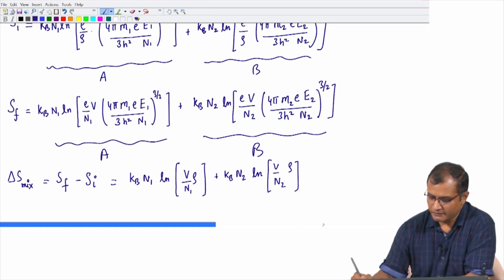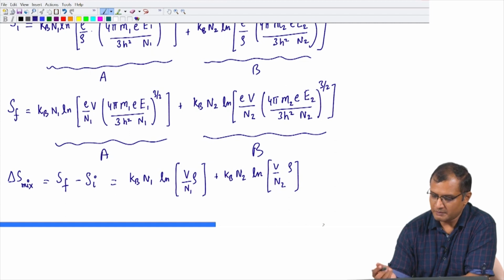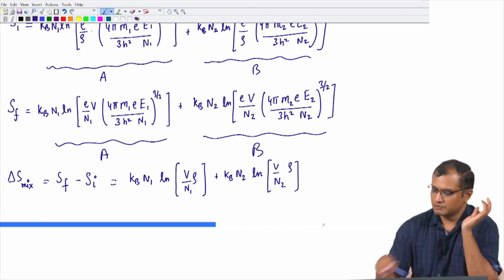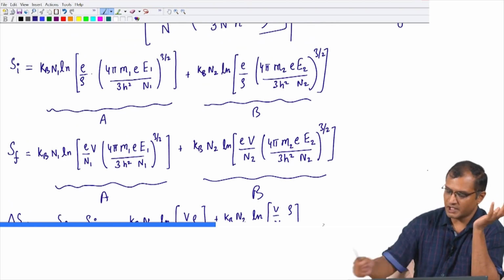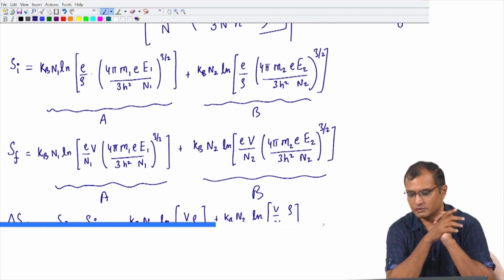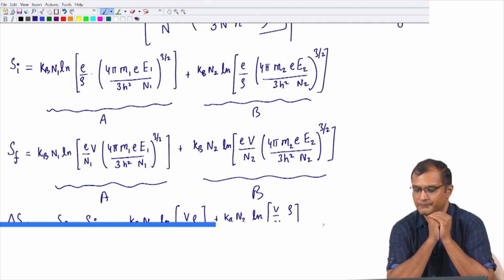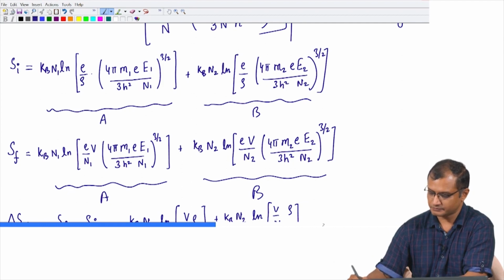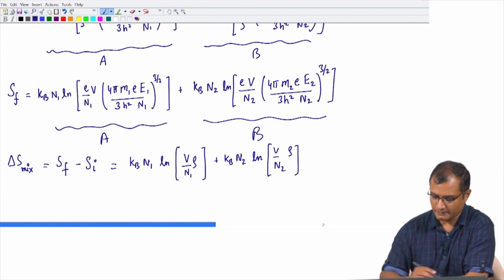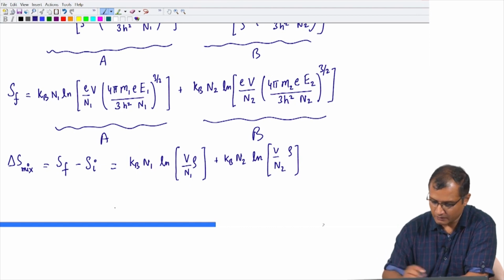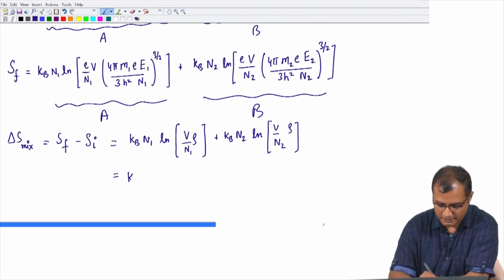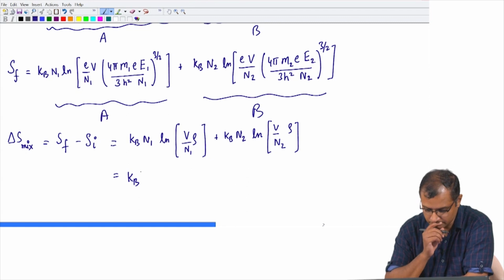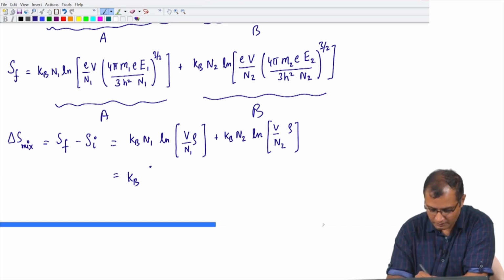Everything else cancels, because if you look at here, for example, this m2 to the power 3 half simply becomes 3 by 2 ln m2, and the prefactor is kbn2. Numerator in upstairs, if you see, there is one more kbn2, and that is also multiplied to 3 by 2 ln m2. So, all these terms will cancel. What you will have in the end is just this expression, wherein I can simply write down one more step. If I take kb outside, this simply gives me n1